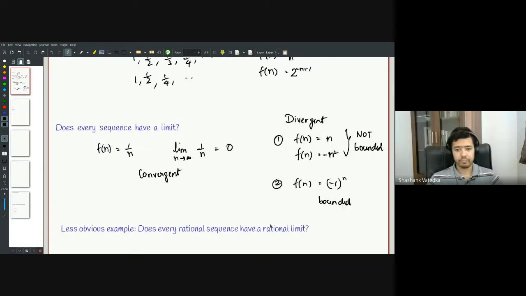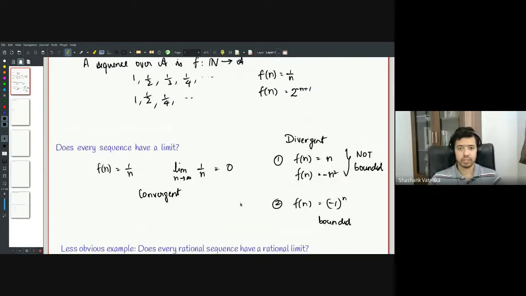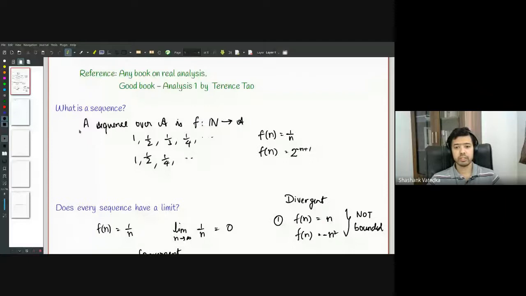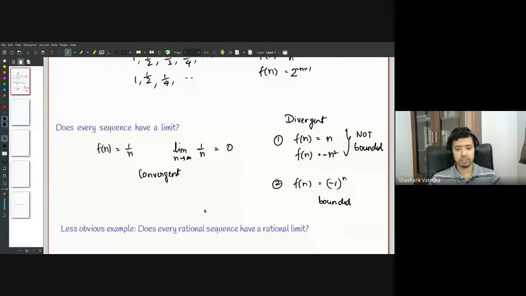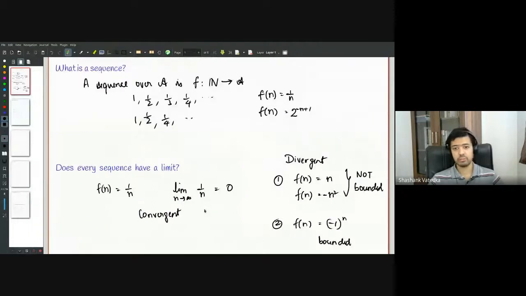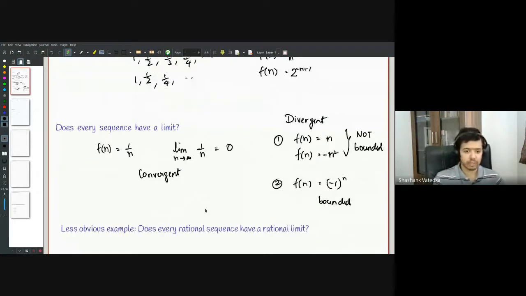All right. So now, note that we give a formal definition. So we can define a sequence over any set, right? In particular, these are real valued sequences over here. But then you could define sequences over rationals, you could define sequences over the integers, and in particular, you can define it over any metric space. Okay, so one example of a sequence is the following.